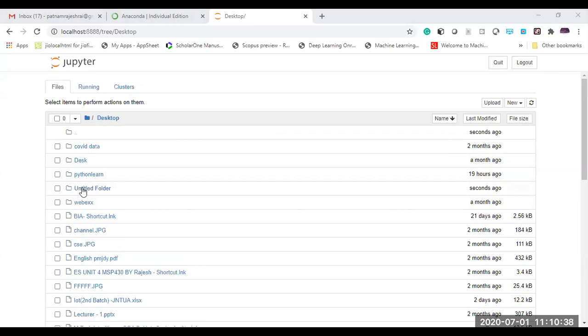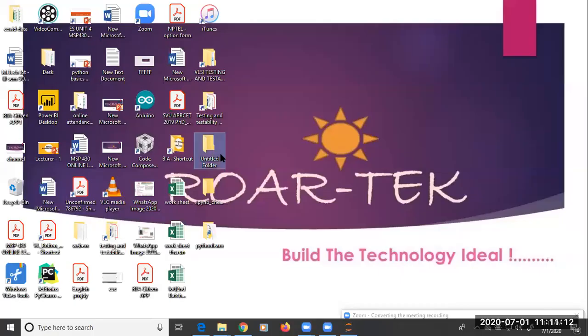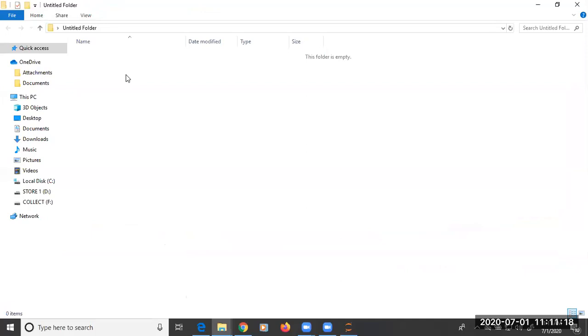you can see it on the desktop of your system by minimizing all these windows. Here it is, the Untitled Folder, which is an empty folder, created. You can check this on the desktop. On the desktop, I have a folder that was created as Untitled Folder with no documents in it. Empty documents are present in the folder.